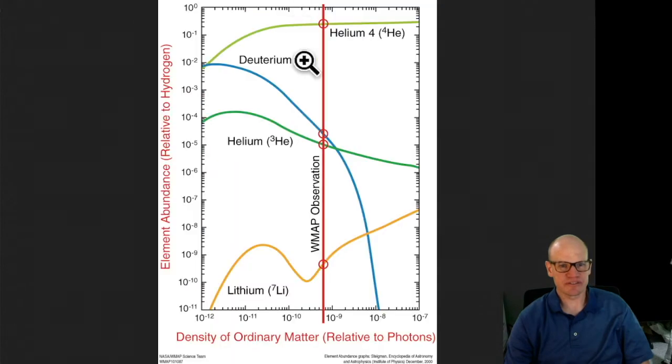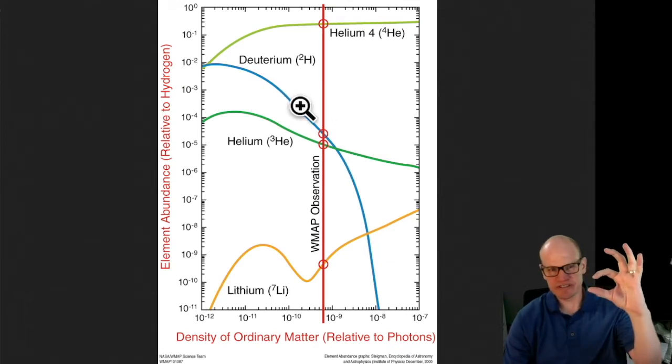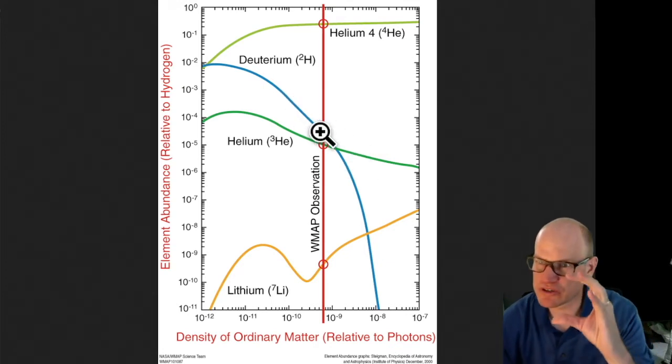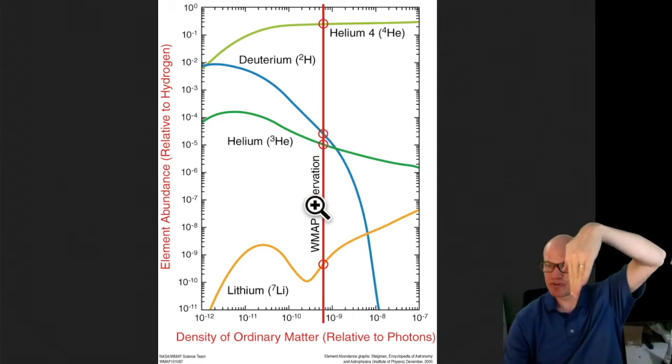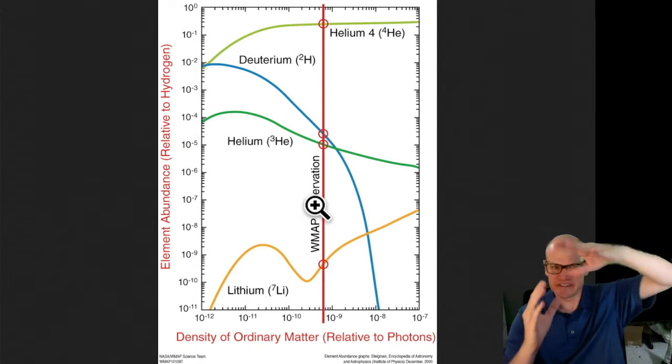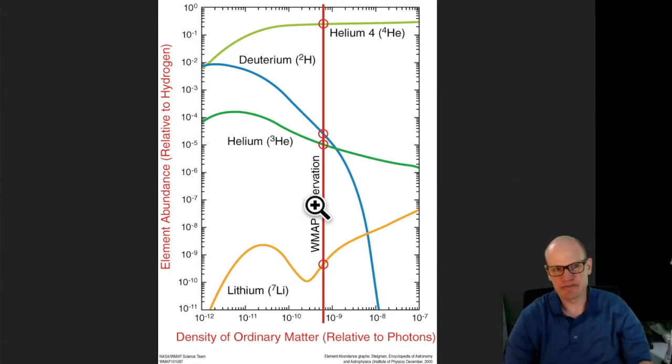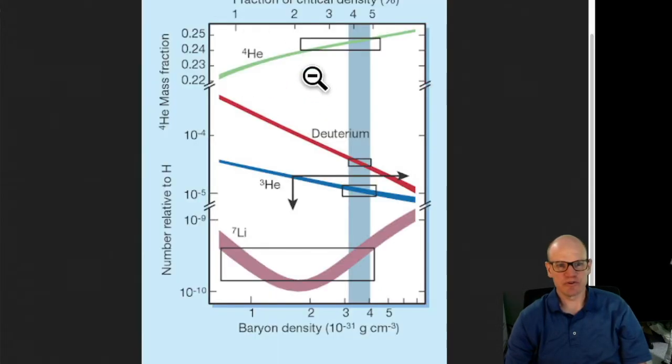If we go back to this other image, the reason deuterium is a good measurement is that it's got a steep decline. And so when you make a measurement, it's able to more tightly constrain the density. If it was a perfectly vertical line and you were able to observe it, then you would pinpoint the density even better. So the fact that it has a steeper slope than everything else implies that the deuterium measurement is the most important. It has the most information. Anyways, here's the deuterium measurement. The helium-3 measurement has to live in this box. The lithium-7 measurement has to live in this box.